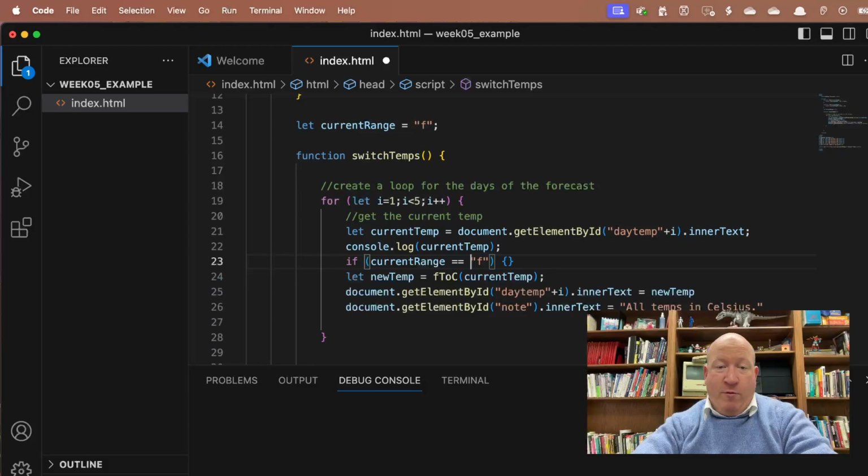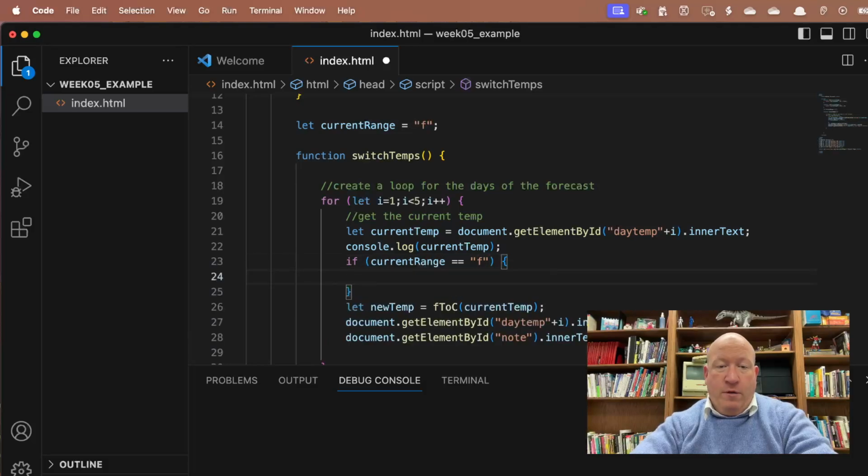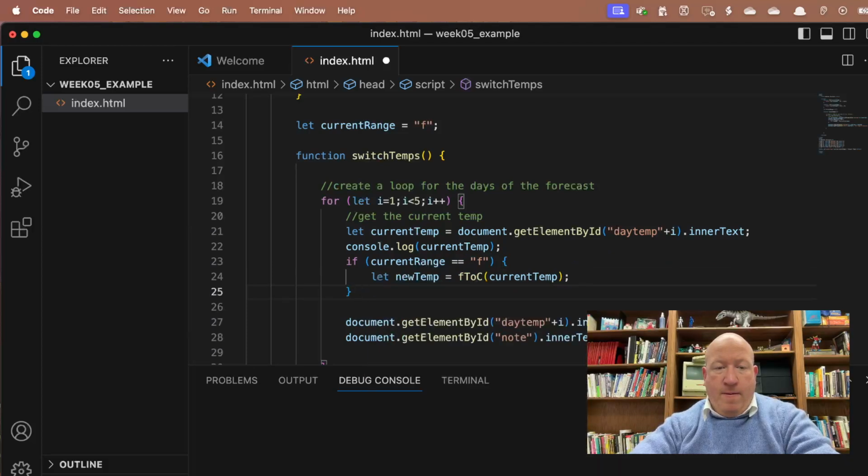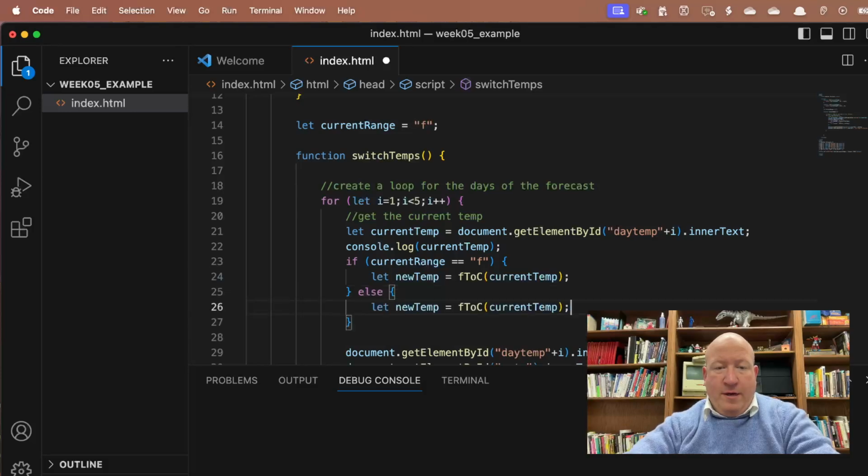It's equals equals. I hope you're shouting that to me right now. We're going to say let newTemp equal FtoC, else let newTemp